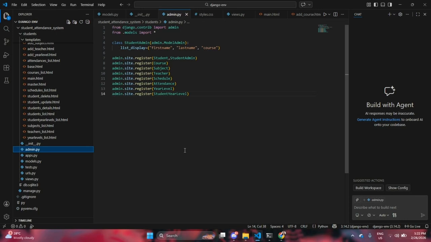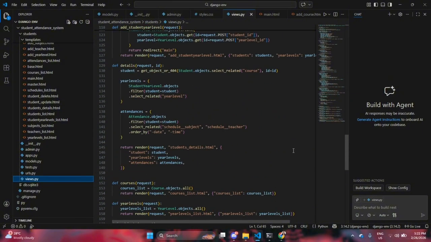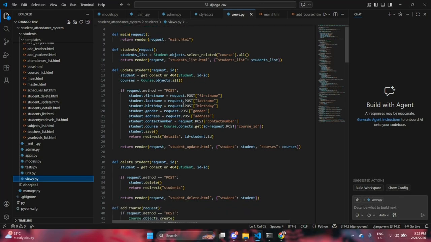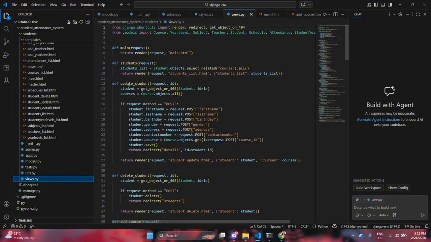Django admin panel. Then in the views.py, I created the main view for the home page. Then the students view to display all students information using Students.objects.all. Then for the update, to update the students